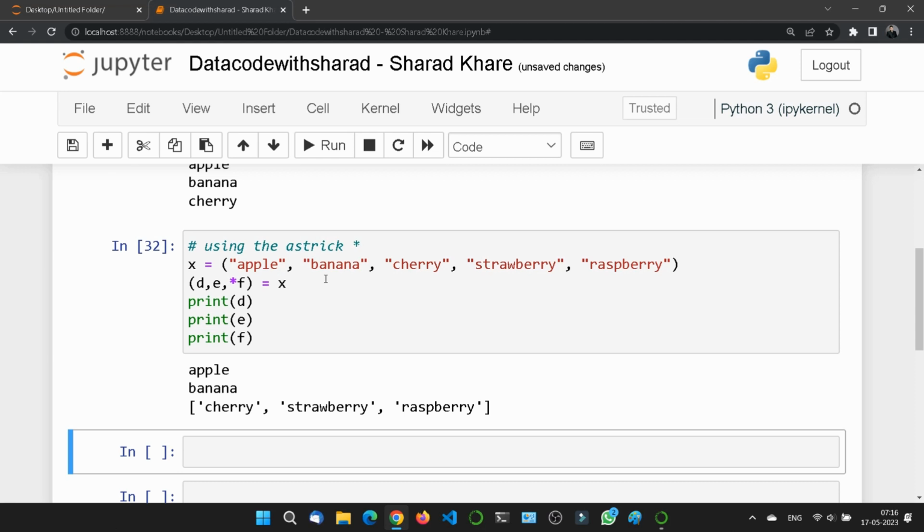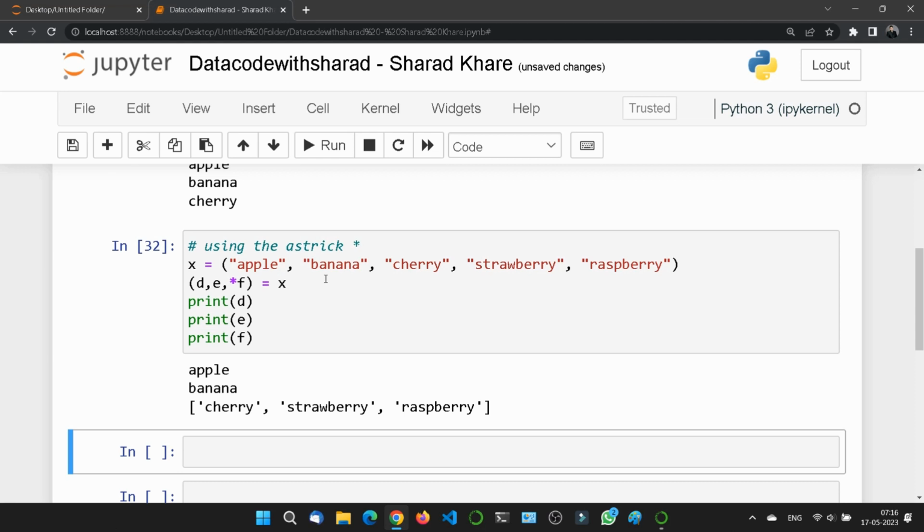If the asterisk is added to another variable name, then Python will assign values to the variables until the number of values left matches the number of variables left.